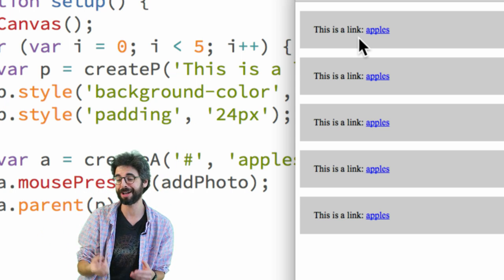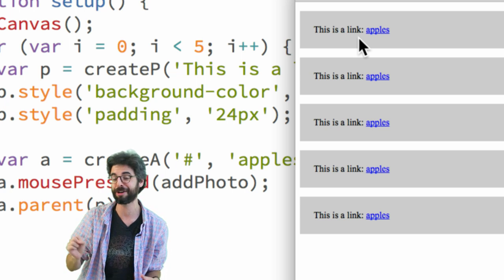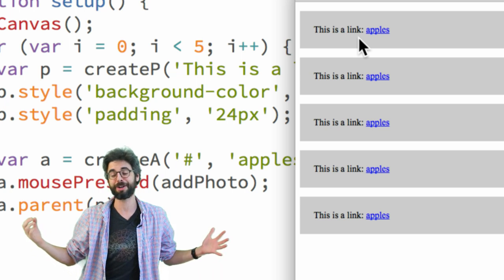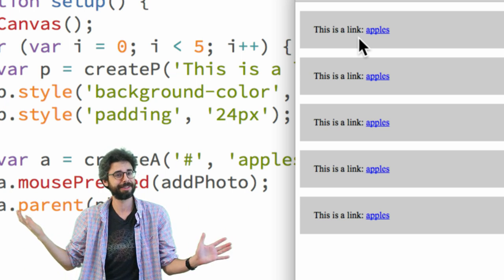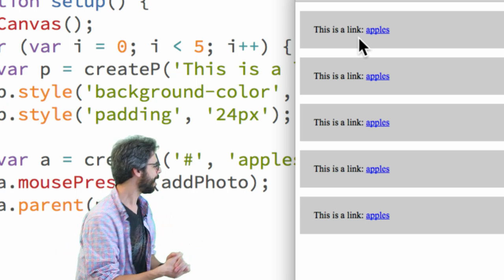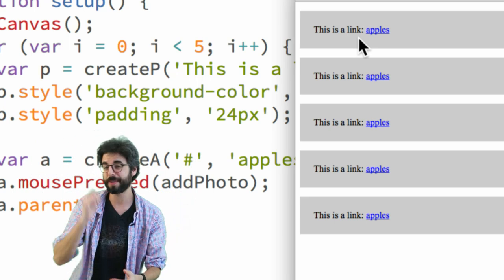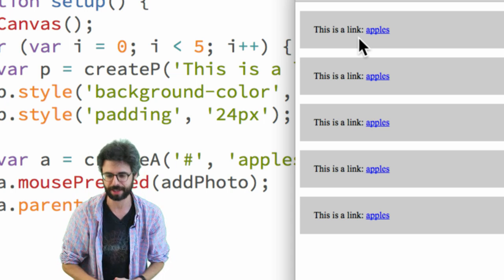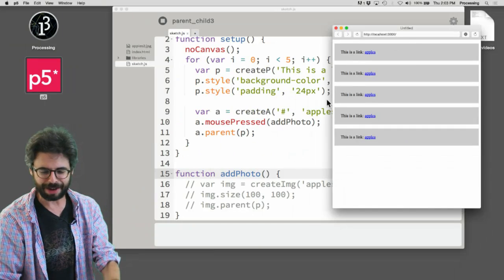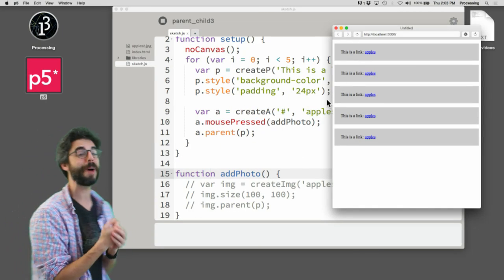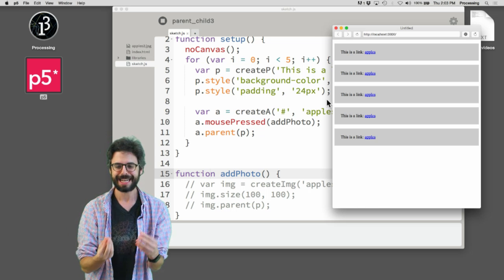Could you make one a link called apples and one a link called blueberries? One a link called bananas, depending on where you are in the world. So that might be something that you add to yourself, and maybe I'll work on that another time. But the point of this now is this is a nice opportunity for us to remind ourselves that now this